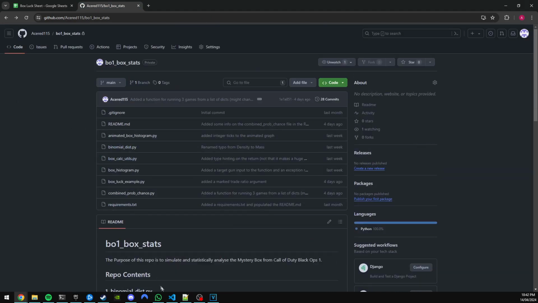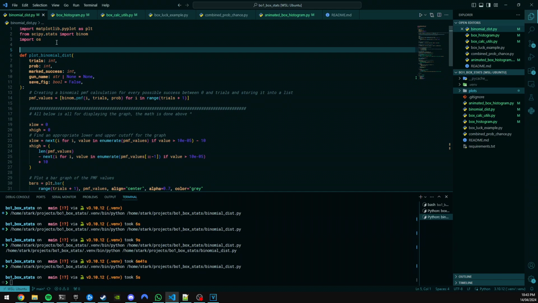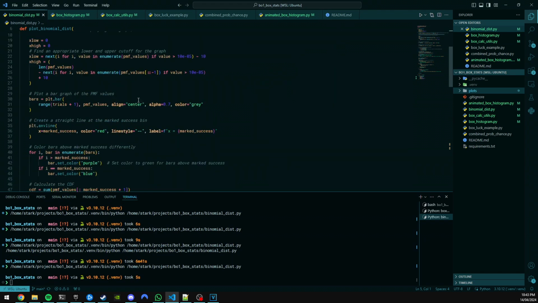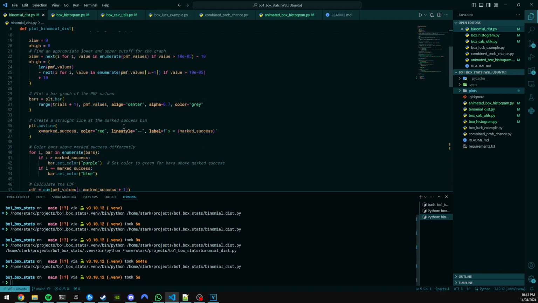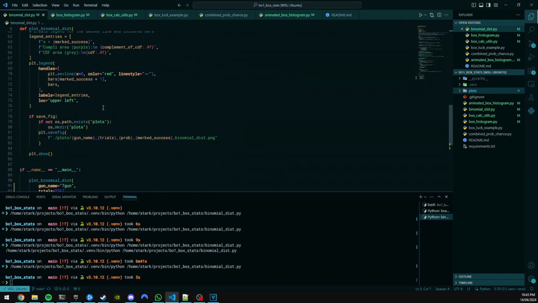So once you have the repo pulled, you can open the Binomial dist file in whatever editor you want. I use VS Code, it's just easy and I'm used to it and I do it at work, so yeah. So to use the binomial dist to make one of those graphs that you've seen in the calculator page, you